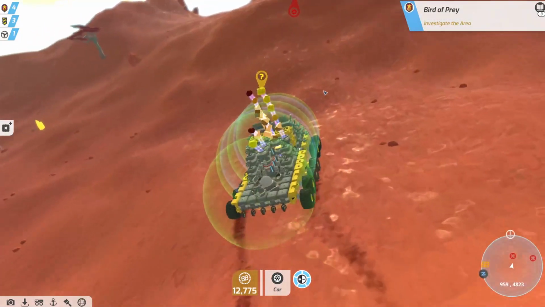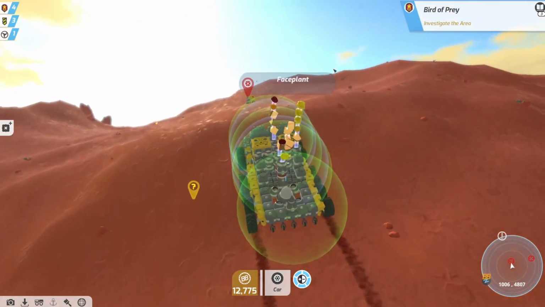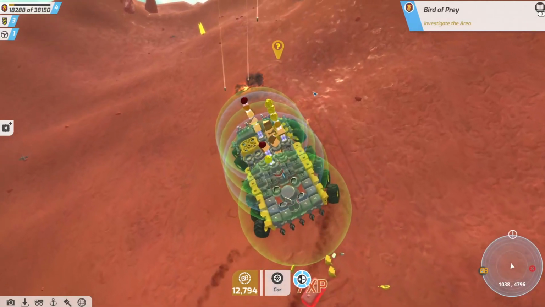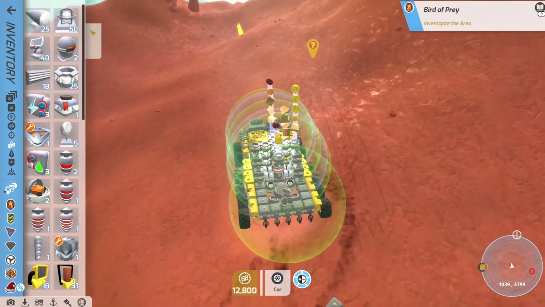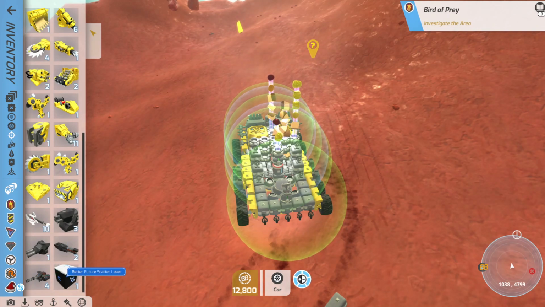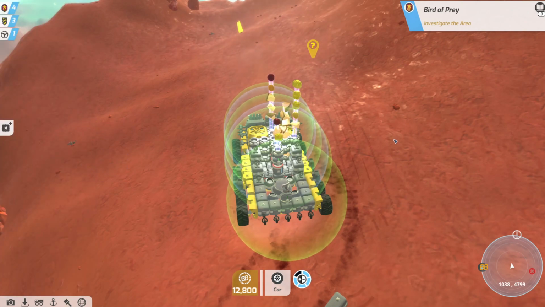Now it is possible to get weapons and pieces of tech that you don't have a license for. If I go into my build menu real quick and go down to my weapons blocks, you'll see that I already have the Hawkeye machine gun, Hawkeye bayonet shotgun, Hawkeye railguns, and a couple of autocannons. And the reason I have those already is because I've run into